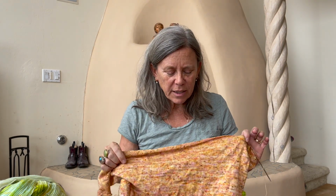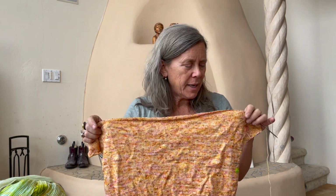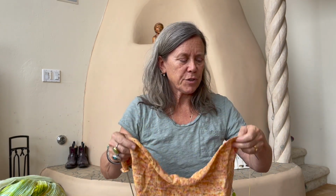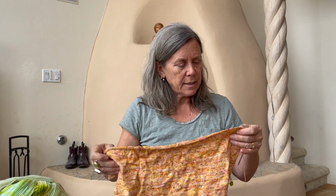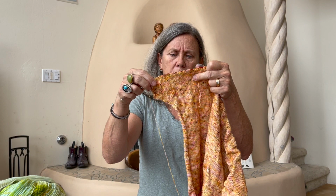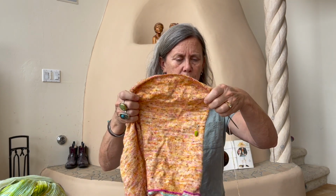And then you look at it when you show it on the podcast and you think, well, maybe you can make some changes and finish it after all. And the idea that I have is, this is where I started the new ball. And I could totally rip back to where I did those,